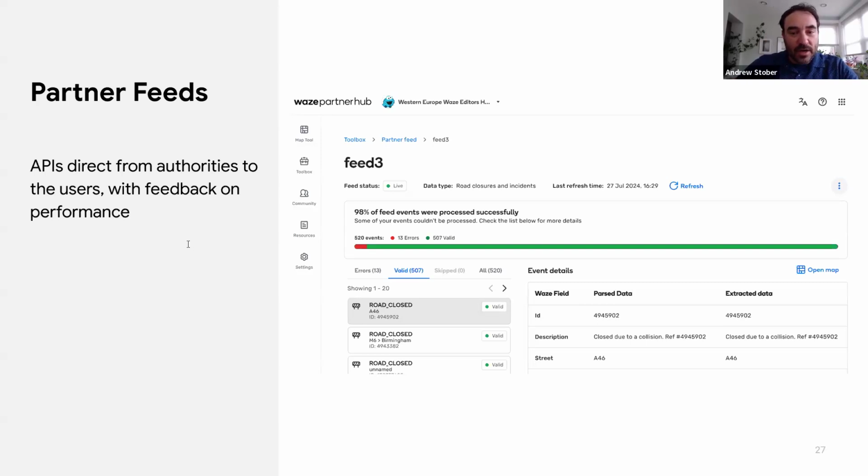This is great, especially if you're dealing with a large volume of alerts that you want to be sharing with us. If you have internal systems that are generating these reports and can send out a feed to us, a GeoJSON feed, an XML feed, we can ingest those and make sure that gets on the map.